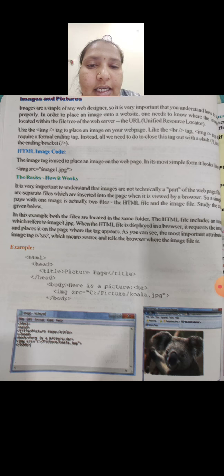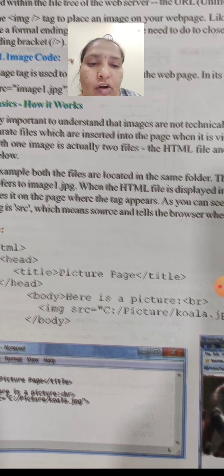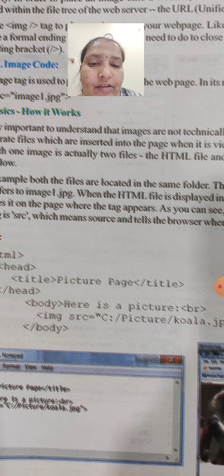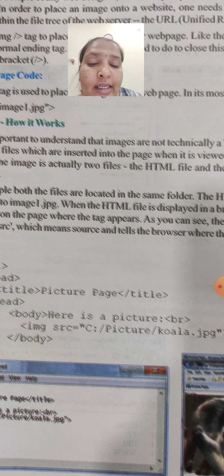See here in the example what they have given. They have opened the HTML tag and the head tag. In the title they have written "picture page", and they have closed the head tag. In the body tag they have written one sentence, "Here is a picture". Then they have given a line break, and in the image tag, in the image source, they have given the path of the picture, where the picture is.